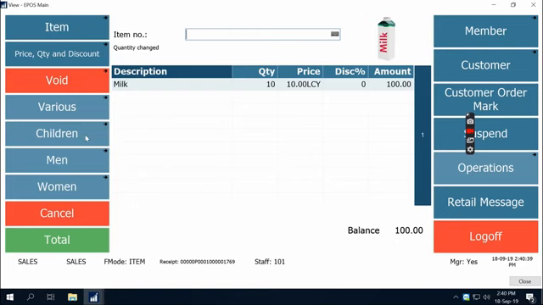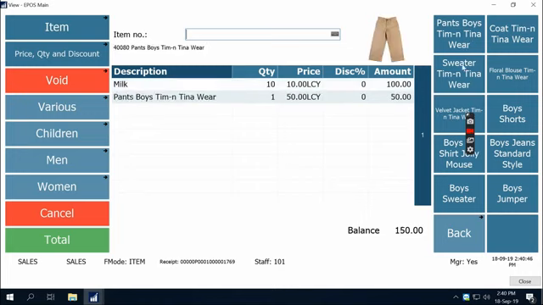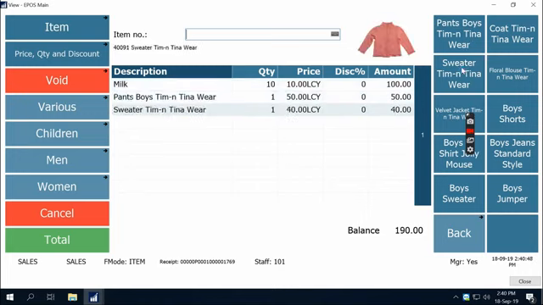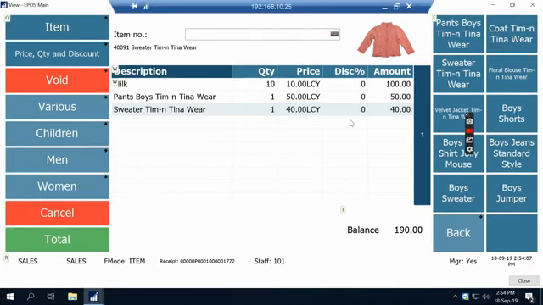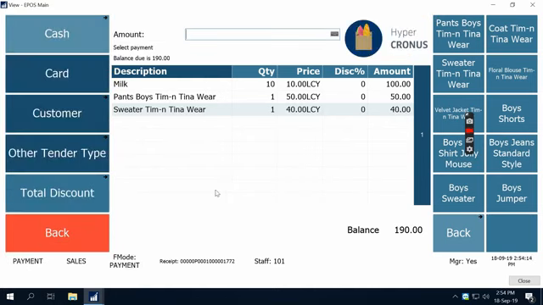And you can select by categories, like if it's children's products. So you see those big buttons. It tells you how it looks like, has the pictures as well. And so after you selected all your items, then you can finalize the payment. You can go to total, and so